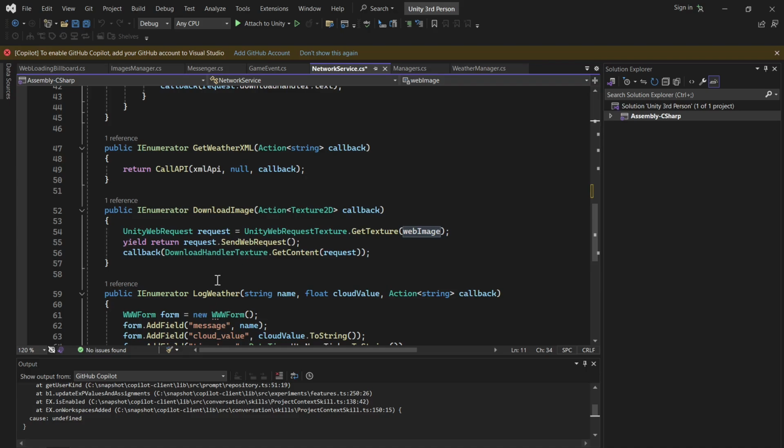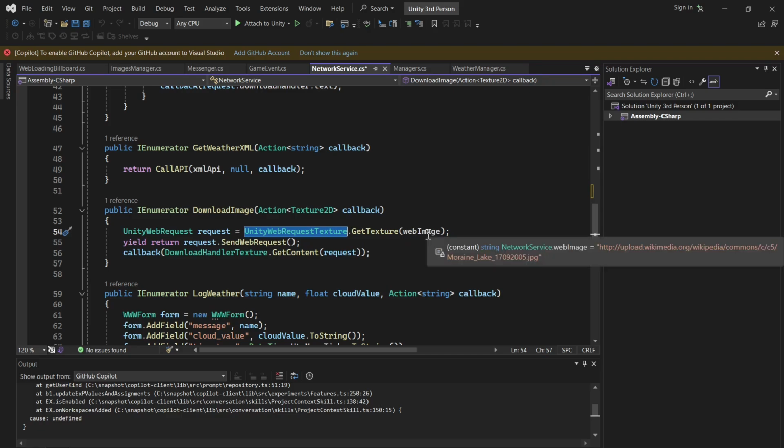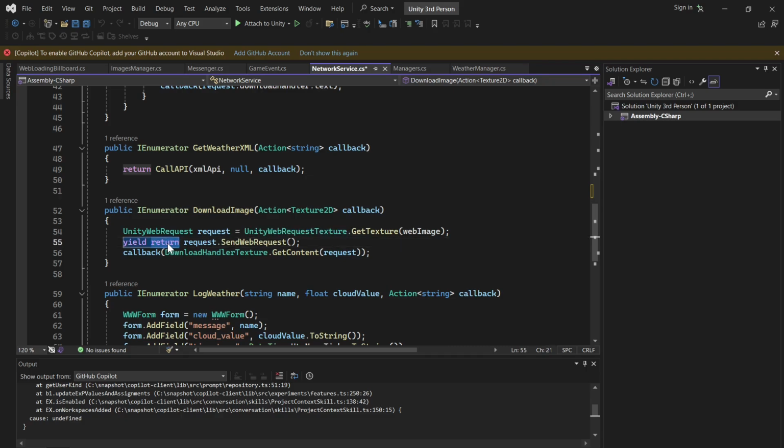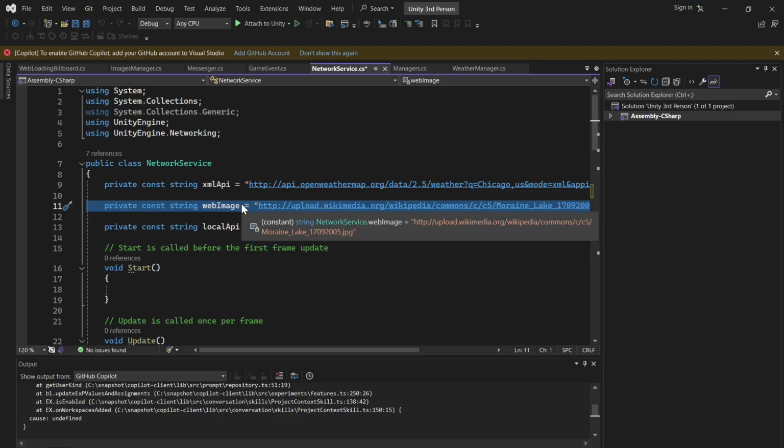And we use Unity web request texture dot get texture URL. So this is the URL, and to create a request to get an image as a texture. And we have a yield return, which tells the method to wait until the download completes, and after the download we use a callback to pass the downloaded texture back so the other part of our code can use it immediately. So basically, this line of code tells Unity we want to get an image from the URL,